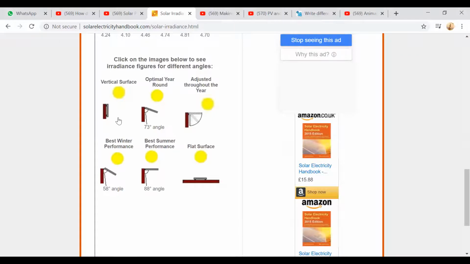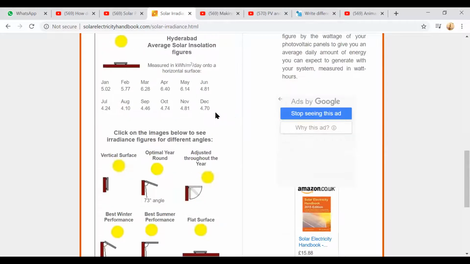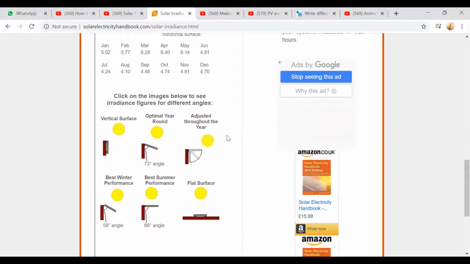So we can check this data here, and also if we go somewhat above here, the vertical surface, and at what angles we are getting. In January, February, March, April, May, we can check it out. So we can see the data also with our own simulation. We can feel where, in which month, we are getting the maximum.